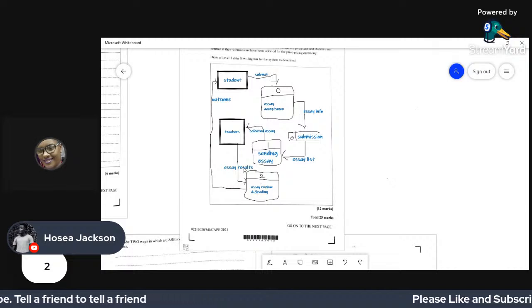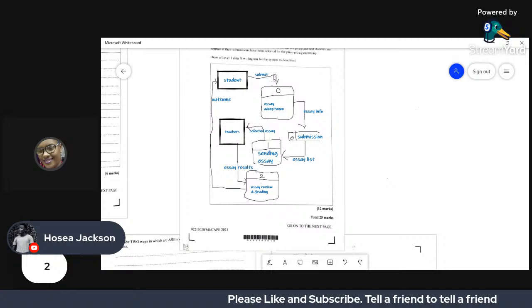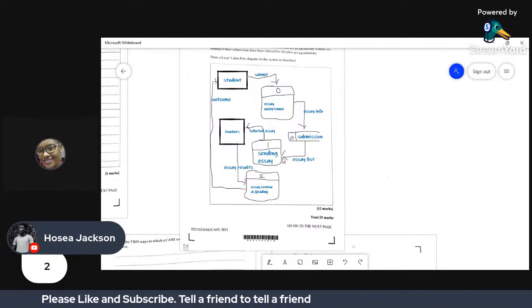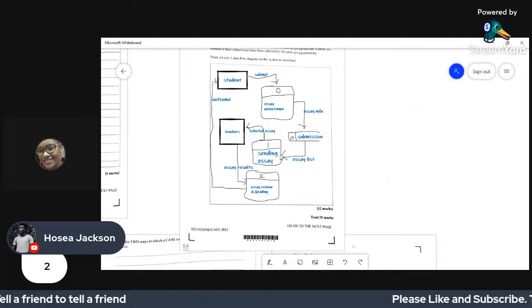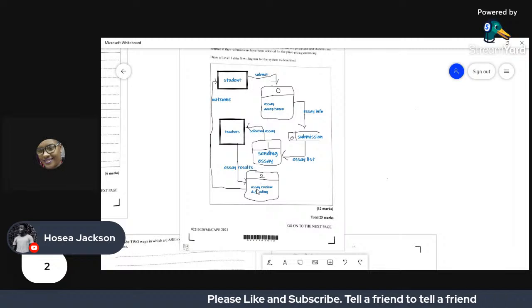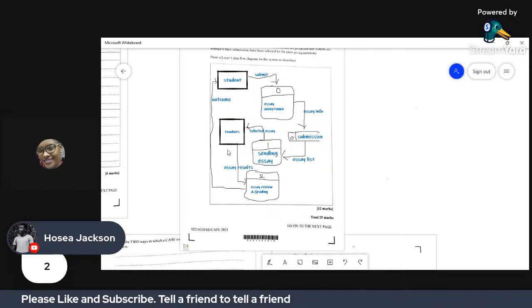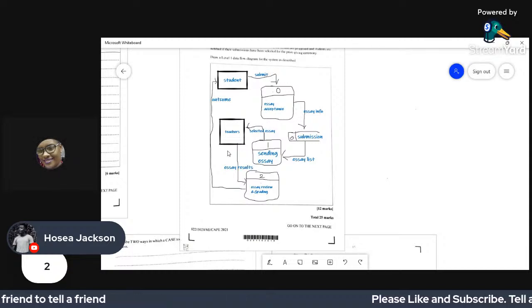So we have 1, 2, 3, 4, 5, 6. 6 lines, right? So that is 6, 6 and 3, 9, 9 and 1, 10, and one each for the entities here. And that would give you your 12 marks. Any questions for this one?